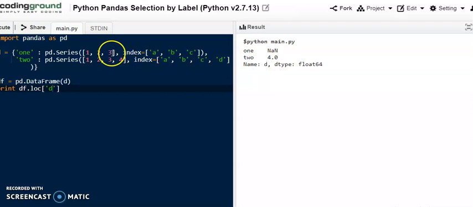In the 1 row, the d index is not present, so there is no value, so it will show us NaN, not a number. And in the 2 column, at d, whatever is stored, 4, it is showing us 4.0.